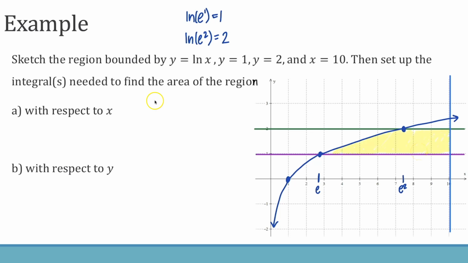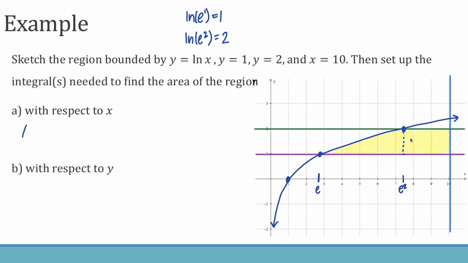And if we want to integrate with respect to x, we have to think about top minus bottom. And so if we start at this first point of intersection, which we know now is e, the top function is the natural log of x, and the bottom is just the line y equals 1. And that's true for a while. We have natural log x on top, 1 on the bottom, until e squared. Because at e squared, then the top function becomes 2, and the bottom function stays 1. So we're basically going to need 2 separate integrals split at e squared in order to integrate with respect to